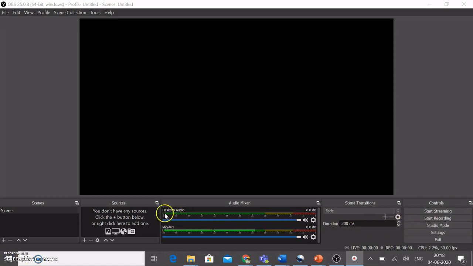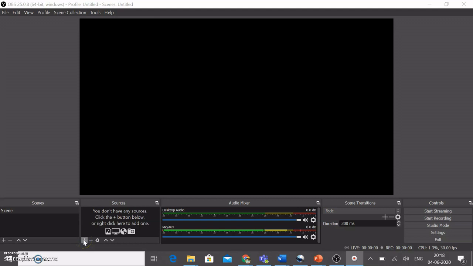Other than that, I would also want you to focus on the left hand side base of your screen which reads Sources. Let me tell you that this is a very important part of the OBS software, because using this we are going to upload our content as an image or as a video or as your screen capture mode.